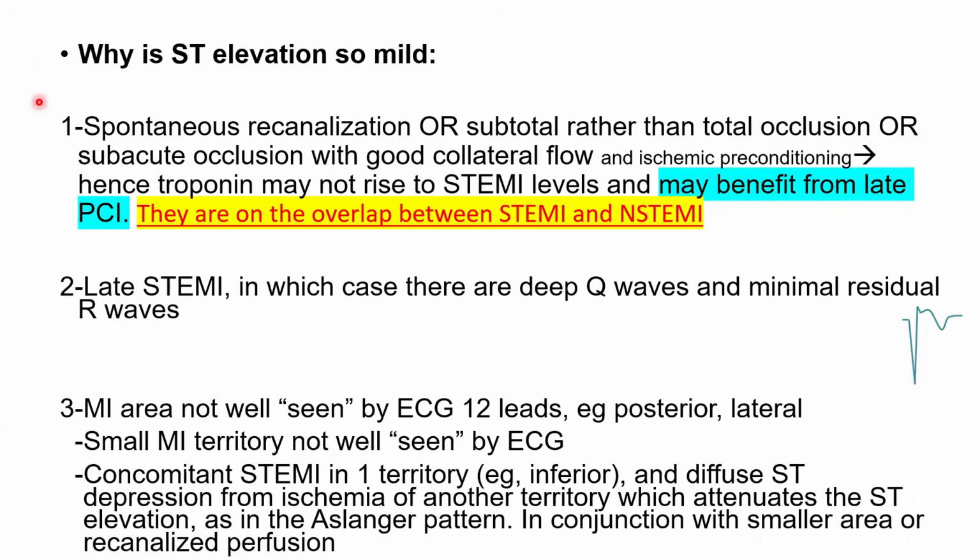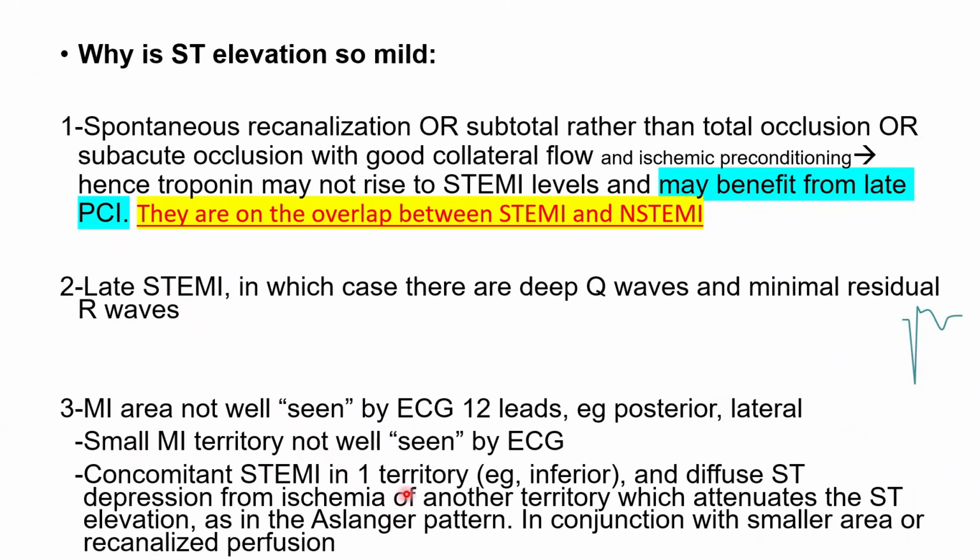Again, the first one is the most important one in my opinion. But the third explanation is that the MI area is not well seen by 12-lead EKG, such as posterior and lateral MI. But again, we have that ST depression in the anterior lead that will hint to those. Or you have a small MI territory that is not well seen by the EKG, or you have a concomitant